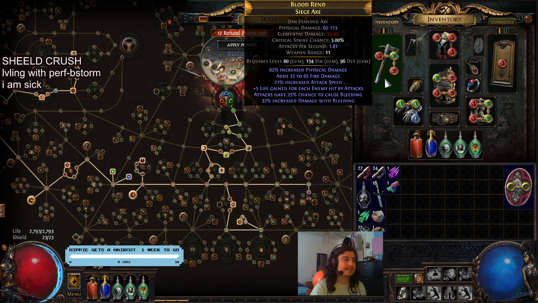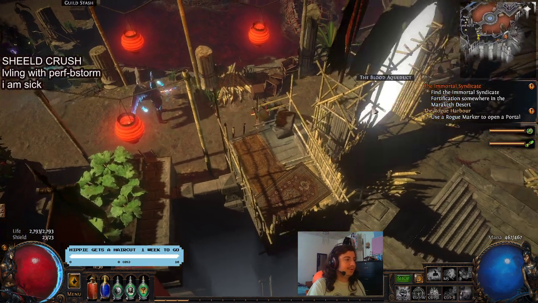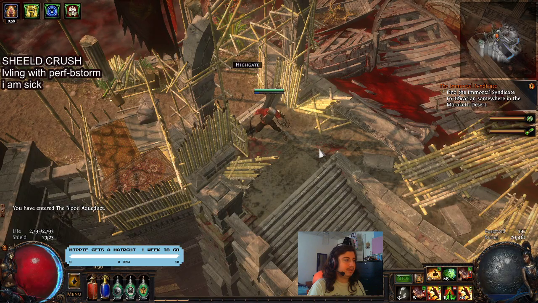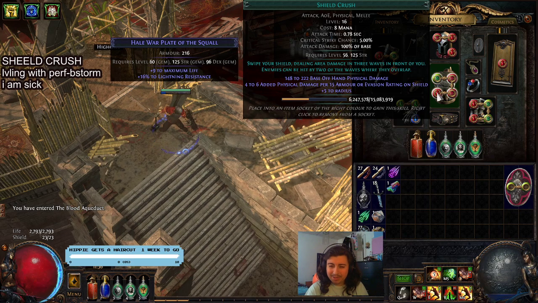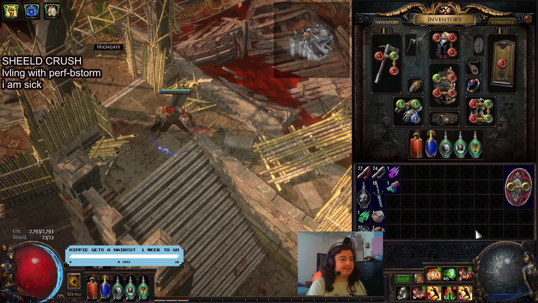I guess life gained on hit with attacks is pretty nice. But yeah, don't be fooled. Your damage for Shield Crush only matters based on the flat armor or evasion on your shield. I actually wanted to go over this. Perhaps this is a grammar error, because 4 to 6 added physical damage per 15 armor or evasion on your shield makes it seem like it will take the higher of the two and count that instead. But I believe that it's armor and evasion, because I was leveling with